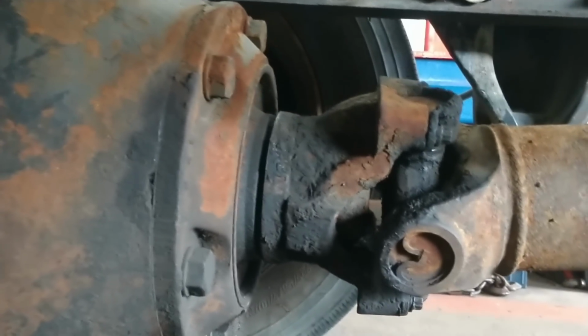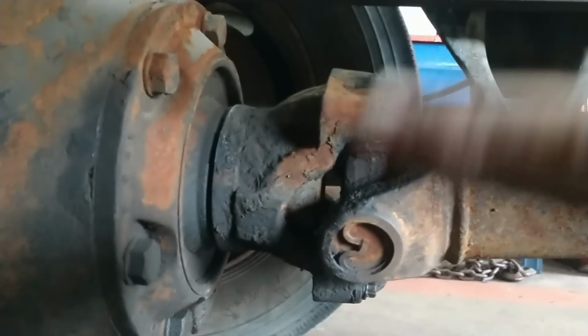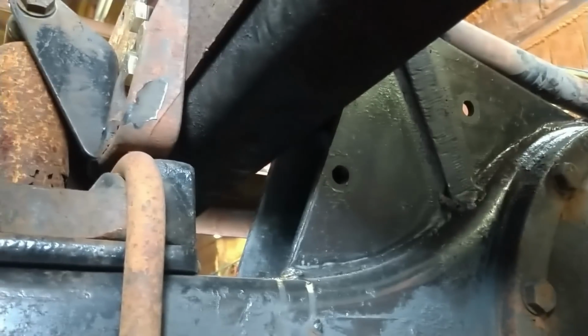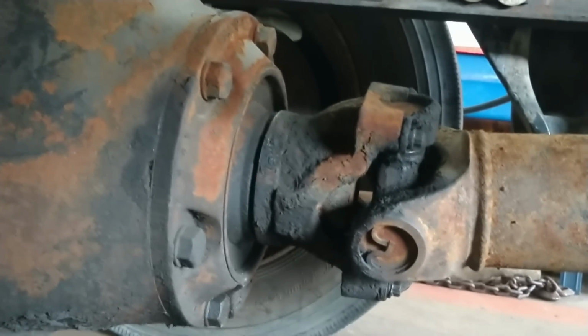So every piece of the puzzle has to be correct, because otherwise it just throws everything off. So I'm going to put it up to ride height and put my blocks in between the bump stop and the axle, and then we're going to set where the pivot needs to be. All right, so now we're ready to set